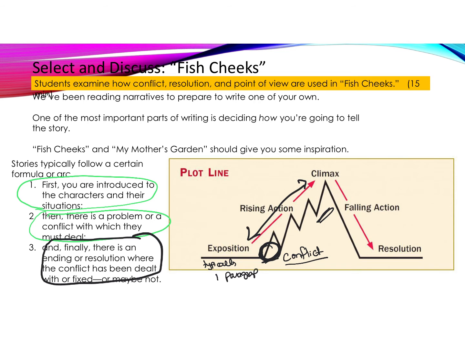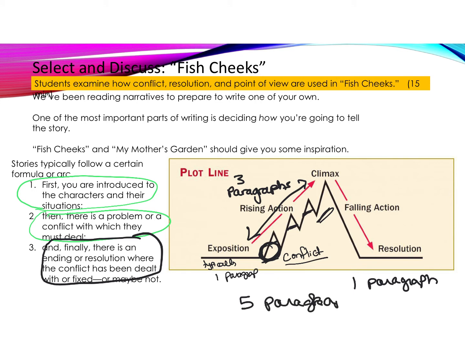That's up to you. But the rising action is typically going to be 3 paragraphs. If you do it correctly, the development of the conflict should be 3 paragraphs. And that's why you have 1, 2, 3 things there, to show that. And then you're going to wrap it up. Okay? And we talked about with Poe, wrapping it up does not have to be this long, drawn out thing. In a narrative essay, typically it is 1 paragraph for the end. Okay, it's the conclusion. So you have a 5-paragraph essay.